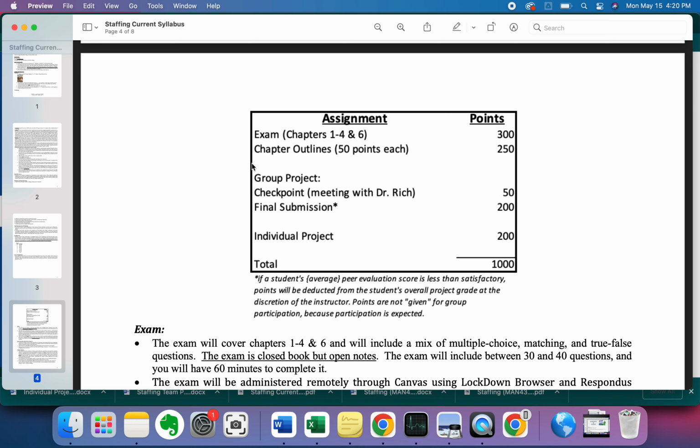The chapter outline is basically questions: define this, describe this, explain this, and you're going to complete those for each chapter. These chapter outlines will help you prepare for the exam. I write the exam based on the chapter outlines. You'll notice that the chapter outlines do not cover every section of every chapter. If it's not included on the chapter outline,